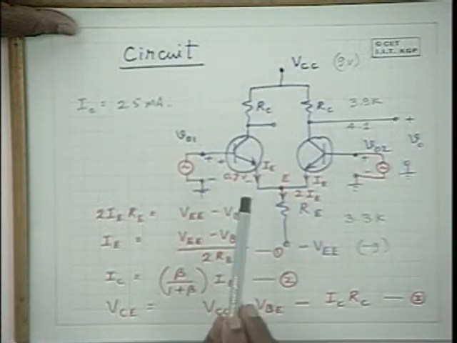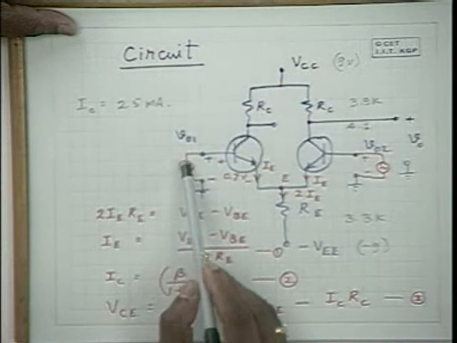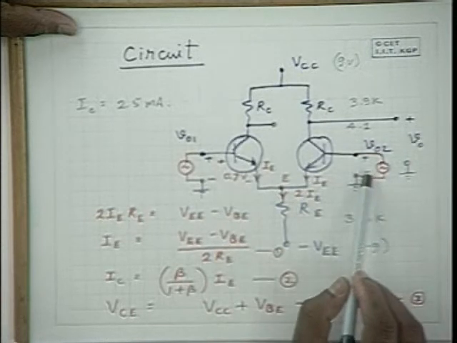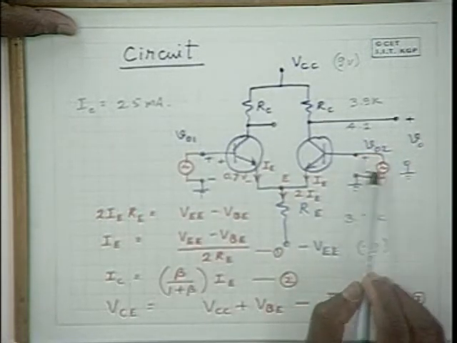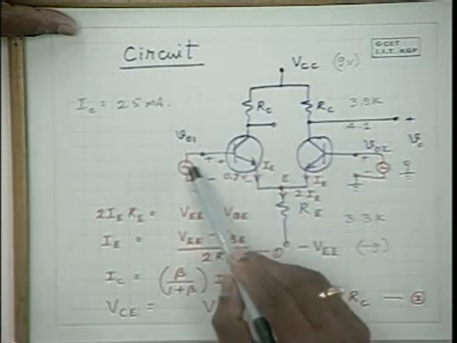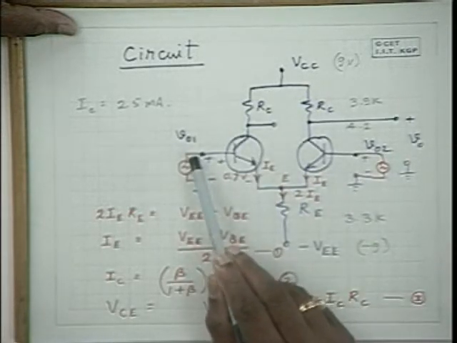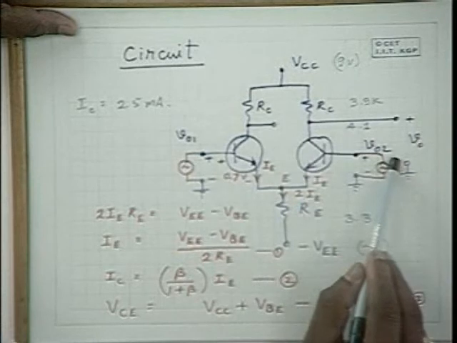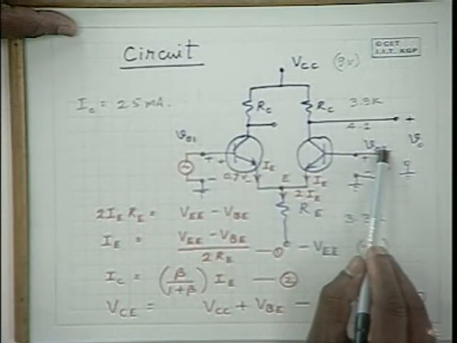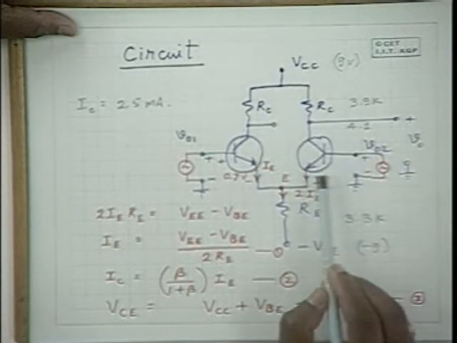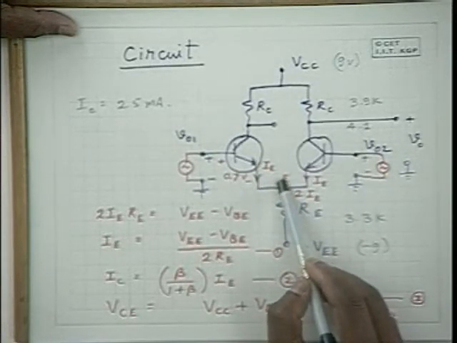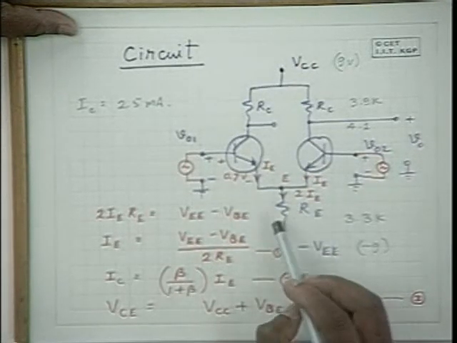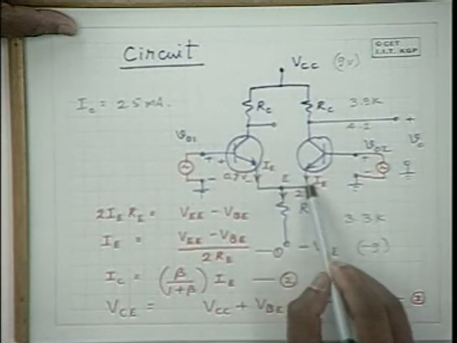Now, what about common mode gain? If you raise the voltage here and here also by the same quantity, the differential signal is 0, whereas there is some common mode signal. When you have the same signal here, say positive and positive here, the base potential at both points rises, because of which the emitter potential also rises. And when the emitter potential rises, do you expect any change in the emitter current? Well, there will be some change in the emitter current,